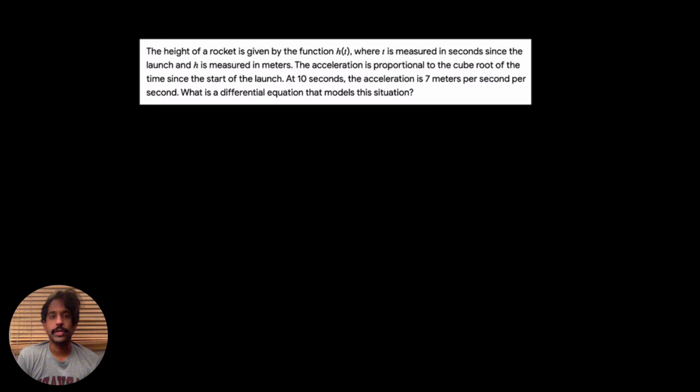Well, how do we go about this? The first thing we need to do is recognize that this is telling us that the acceleration of this situation is proportional to the cube root of the time. Remember, acceleration is the second derivative of position. And here we're given height, and that's the same thing as position. And we're given height as a function h of t. So the second derivative,